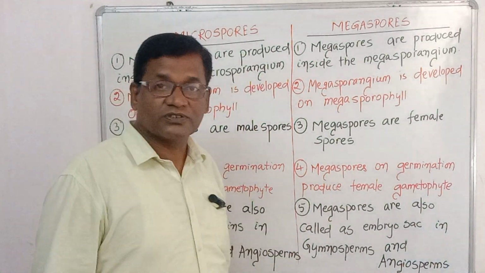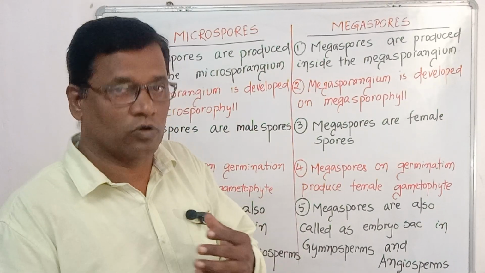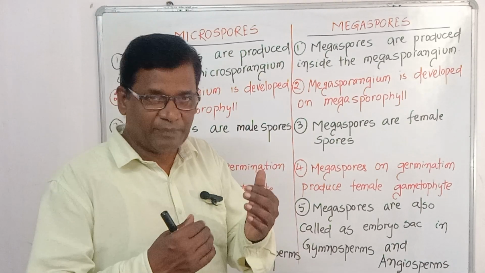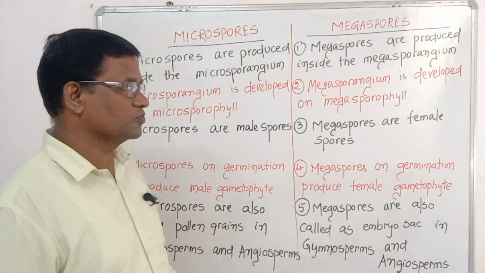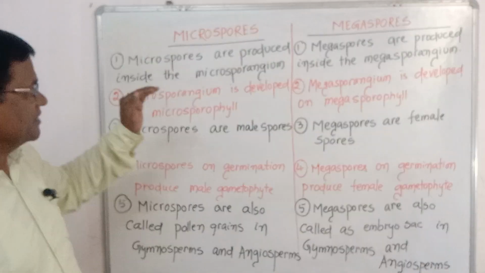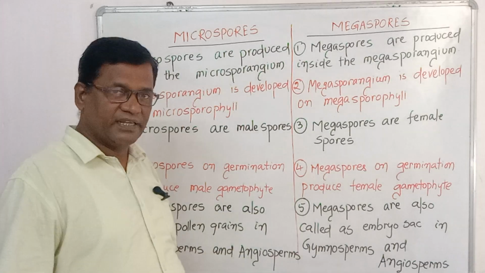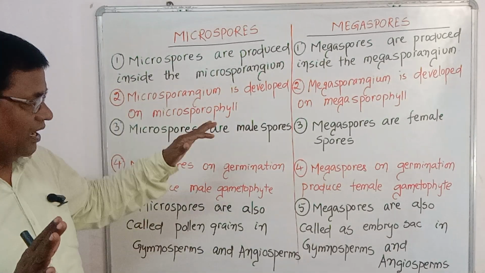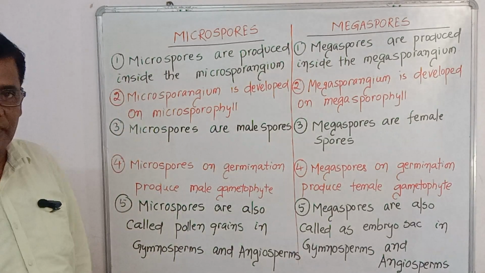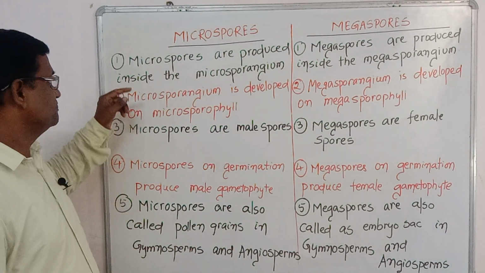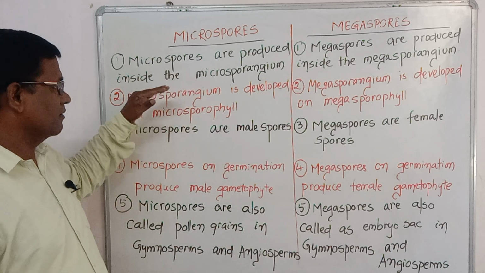Then what are megaspores? Megaspores are not so small as microspores, but somewhat larger in size than the microspore. That is called megaspore. Now we are starting the basic differences, and after seeing this video you will not have any doubt about the microspore and megaspore. Let's start. Microspores are produced from the